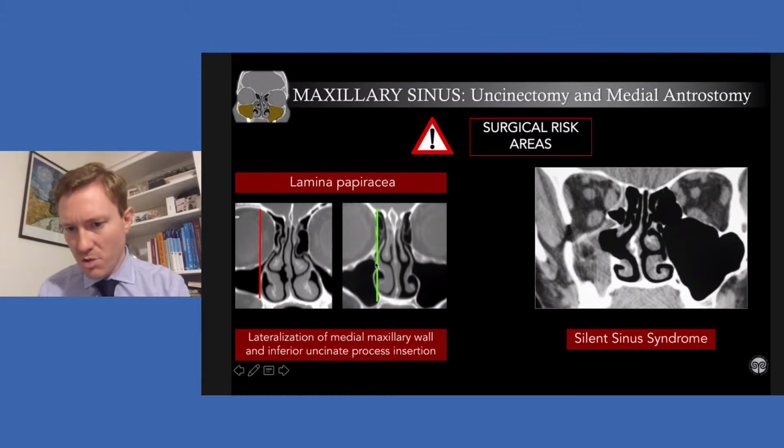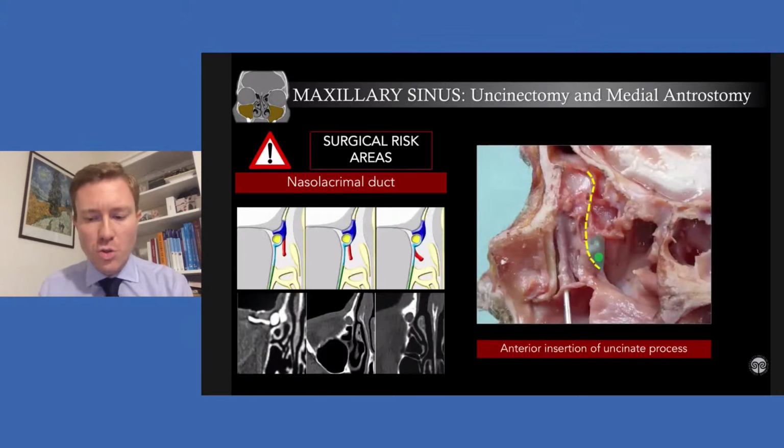A condition where there is a lateralization of the medial wall of the maxillary sinus is called silent sinus syndrome, which is a syndrome where inside the maxillary sinus there is a negative pressure and therefore the medial wall of the maxillary sinus is displaced laterally. You have to pay attention in managing such a kind of situation because of high risk of damaging the orbital floor. And so, not only orbit and lamina papyracea, but also nasolacrimal duct,